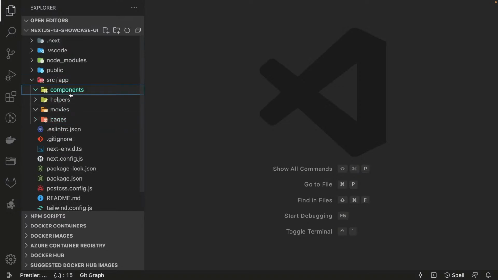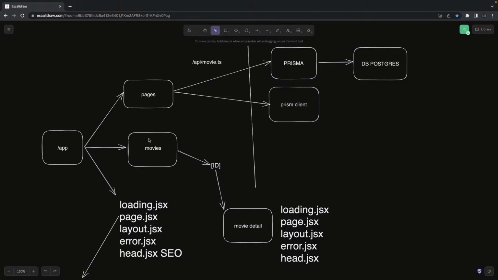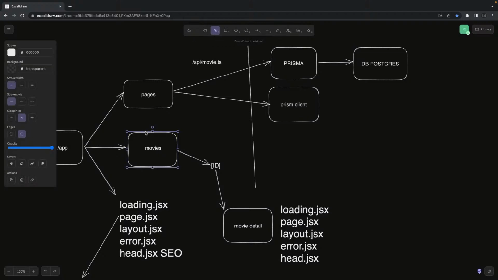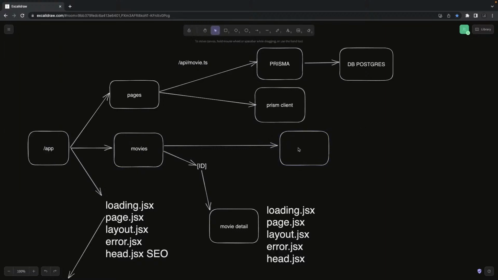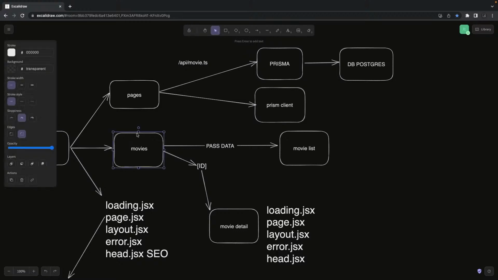Okay, why are we going to use the components? Let's say I'm going to write a server side component, but as a child it can render a client side component which uses the React state and all. So this movie is a server side component. It is going to render a movie list component. For the movie list component, you will just fetch the data and pass the data here using props. This will make the API call, because this is a server component, and it is an asynchronous component. This is the async movie component,